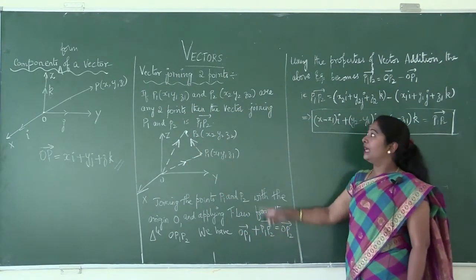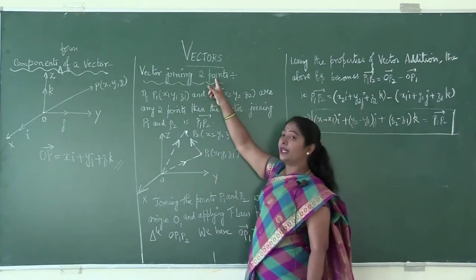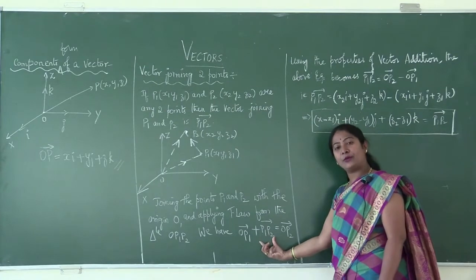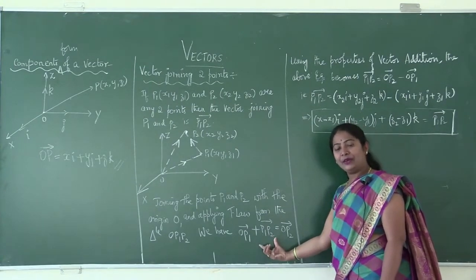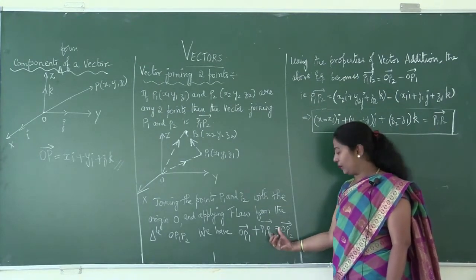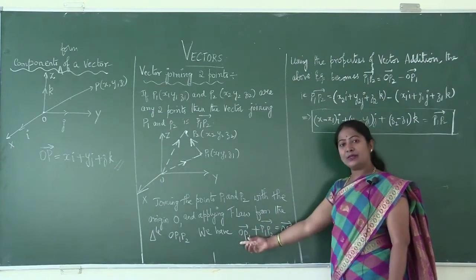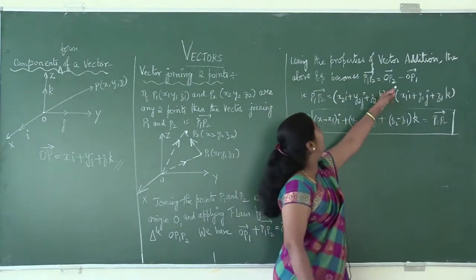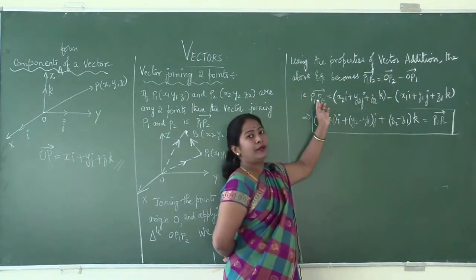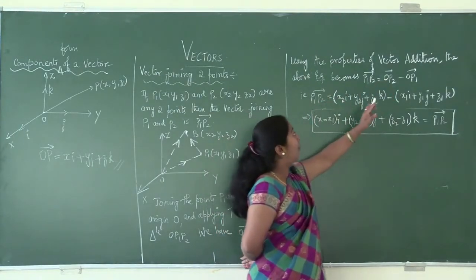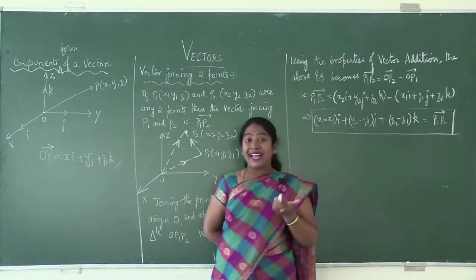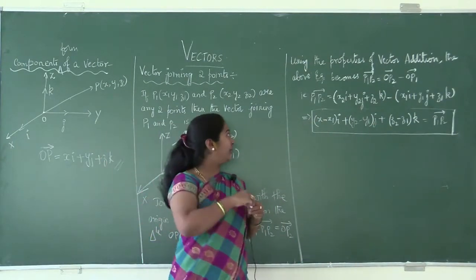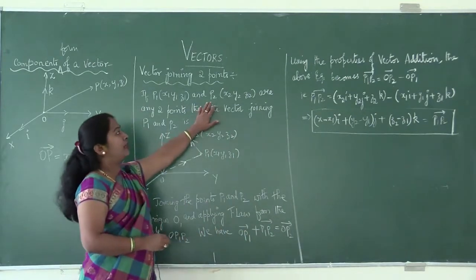Now what we need, as the heading states, is the vector joining 2 points. These two are the points, that is P1 and P2. So retaining vector P1 P2, what do I get? OP2, and OP1 taken to the RHS becomes minus OP1. Now vector P1 P2 remains as it is. How do we write vector OP2? As mentioned in this definition, what would be the vector components of vector OP2? What are P2 coordinates here?